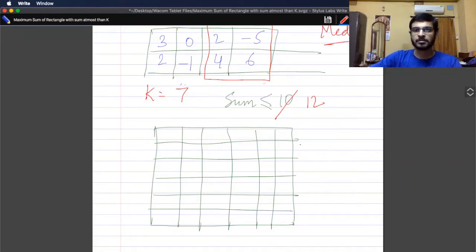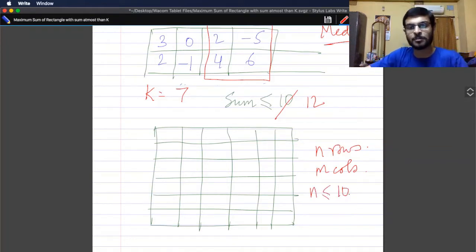You have got some n rows and you have got some m columns. Okay, n rows of the grid, m columns of the grid, and n is always positive, and n can go up to about 10 to the power 2, that is 100. n can go up to 100, m can go up to 100,